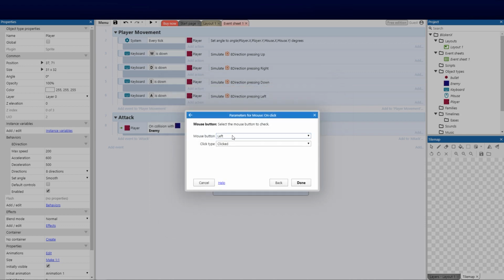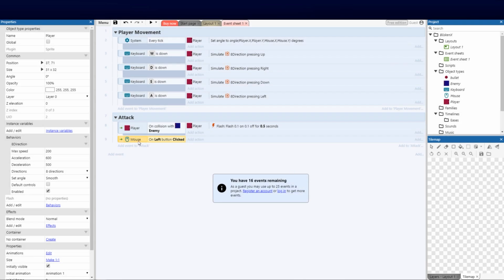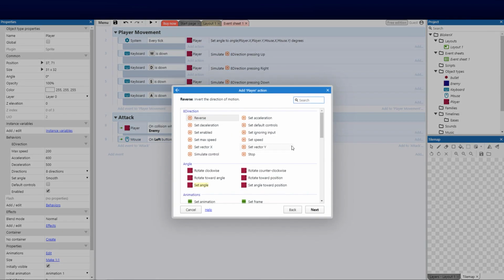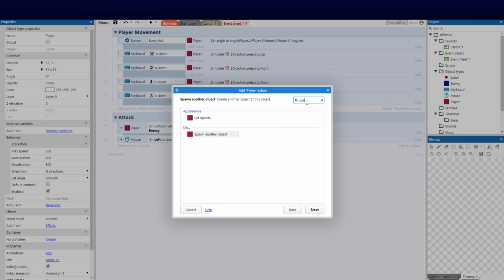Yeah, let's go on click here. We're going to use the left click. You should have double click here as well. We're just going to have a single click come in, and let's click done. So we're saying basically on left click, do an action, and here we're going to go player because we're going to select the player. We want to spawn, so you can type that in here, spawn another object, and we